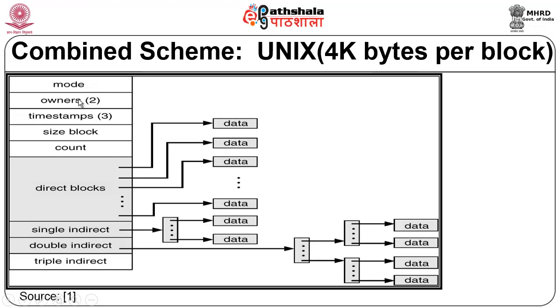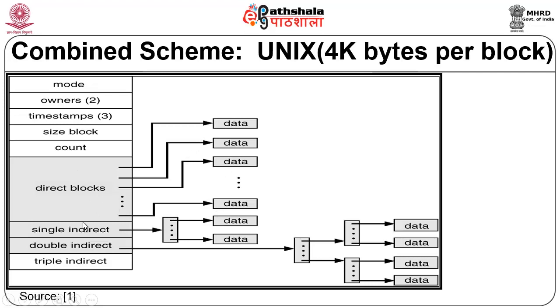Metadata of a file for UNIX is kept in an inode. So, here you have the mode, owner, timestamps, all these are kept in the inode. In addition to that, you also have the addresses of disk blocks that are kept in the inode. So, you have direct blocks which have the addresses of direct disk blocks. This will have addresses of disk blocks which can contain the contents of the file, and this will be 12